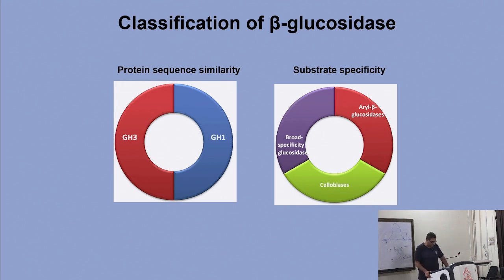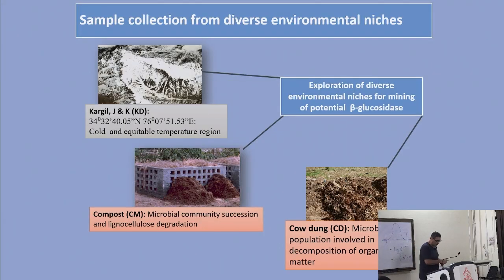And if you see beta glucosidase, the activity and its profiling is limited, because sometimes we don't get the cold tolerant beta glucosidase. So our target was getting mesophilic as well as psychrophilic beta glucosidase. Psychrophilic means cold tolerant, okay. So we collected samples from Kargil, and this study was conducted around 8 years back. Now we are compiling all that information into another module, but this study is very crucial,